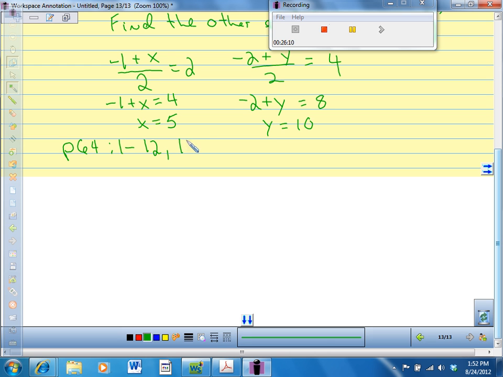And then 13 through 19 odd. And then the stuff on midpoints is page 37, 1 through 8. So there, you do have to do page 37, 1 through 8. Book covers will be due on Monday. That line design won't be due until block day, okay? And I'm going to